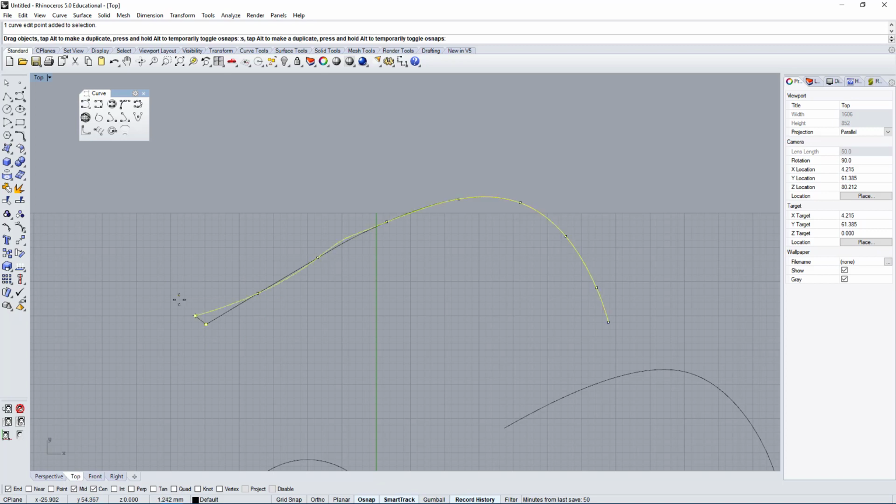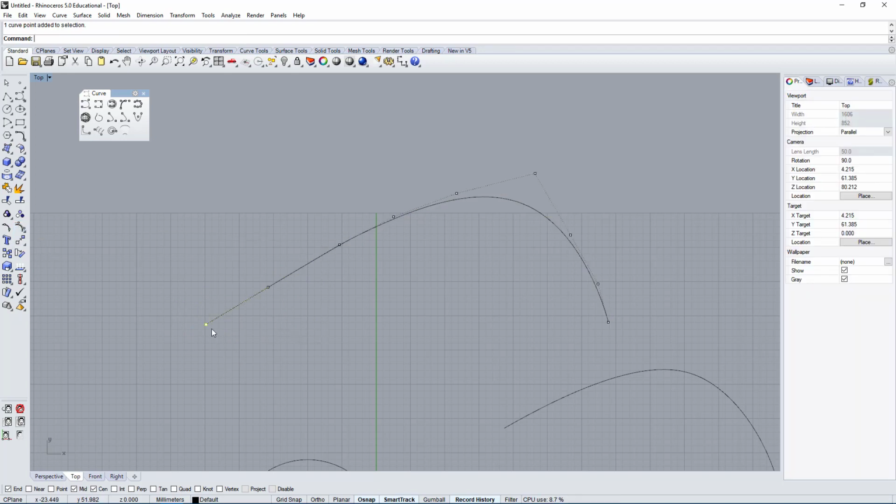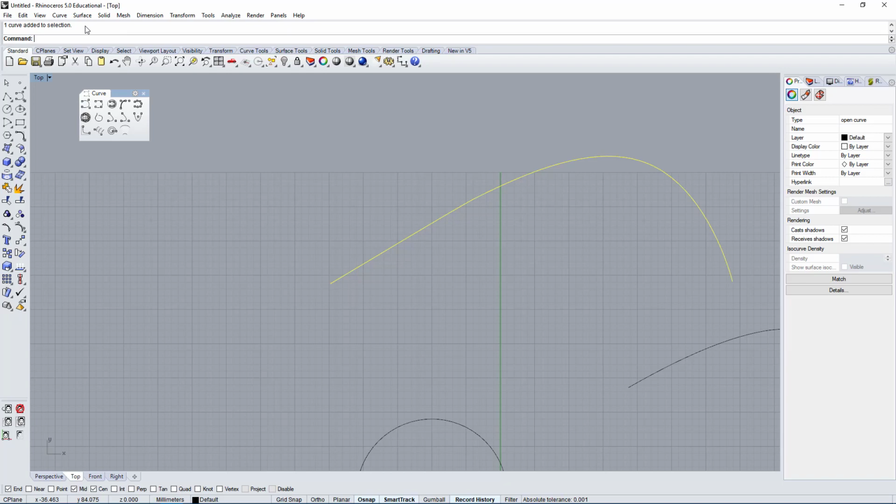But again, if we move this around, it makes it very difficult to control the curvature. So even if you add an edit point, you probably would use the points on to edit the control points to manipulate the curvature of a curve. So again, this might not be the best way. Maybe adding a control point instead of an edit point would give you more control. It really depends on the situation. So let's look at some other options again.